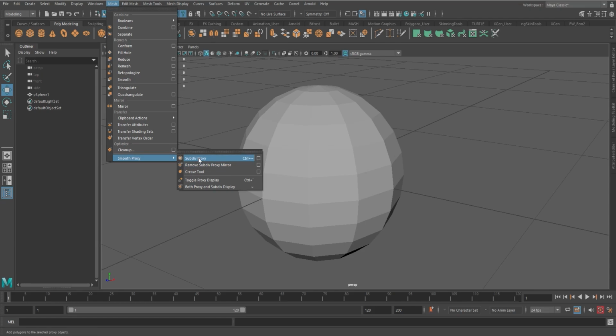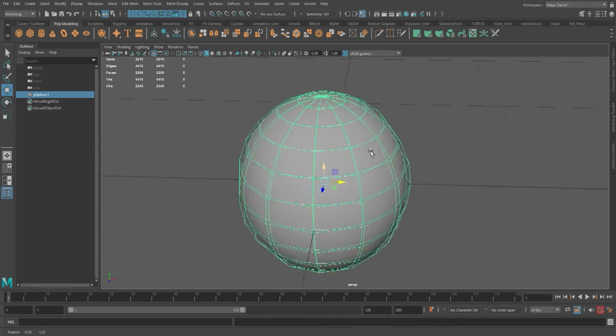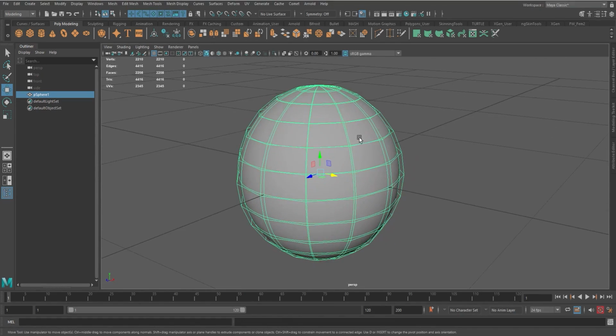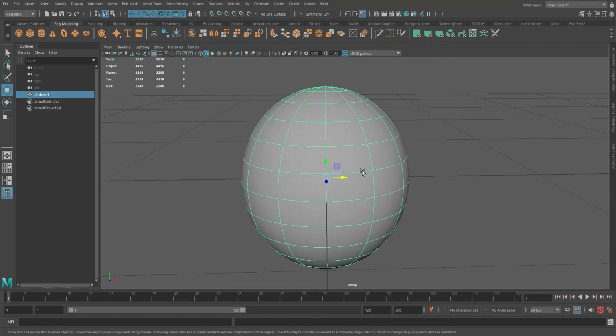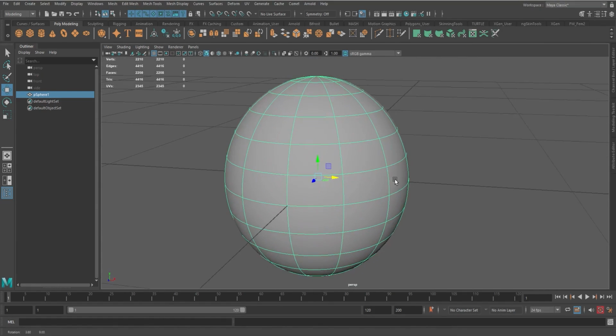Also, smooth proxy, so you can actually go into subdiv mode in here as well. One thing to point out is if you hit 1, that's the lowest division. If you hit 2, it starts to break things and you get a slightly smoother object, and you can see how the divisions are. There's an outside cage, and if I hit 3, that smooths everything down to a subdiv,